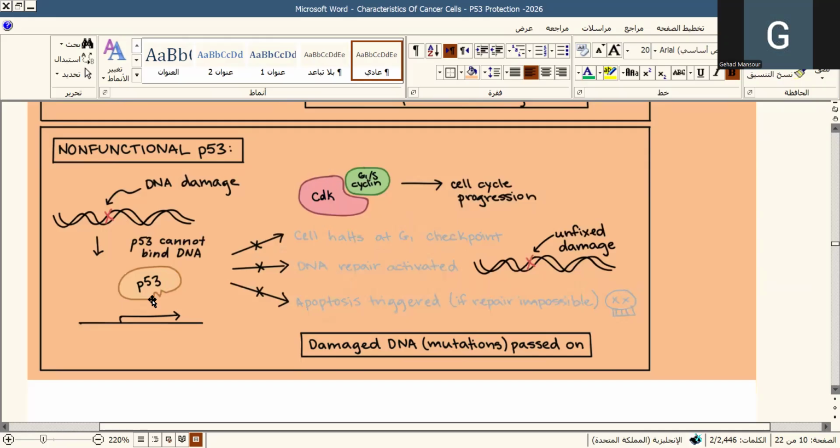So no activation of P53, no binding of the mutant P53 to DNA, no formation of the inhibitory molecule, and therefore the cyclin CDK complex stays active, and the damaged DNA is passed on, although there is damage that we cannot repair